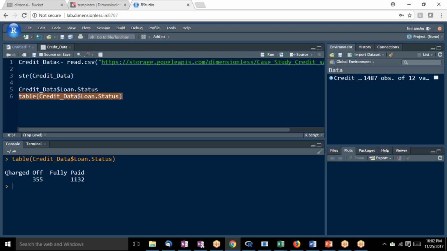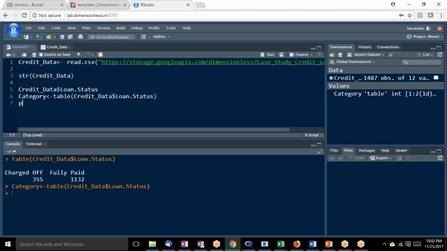Okay, clear. Now again, if I wanted to understand in terms of percentage, if I wanted to understand the proportion of the total data, what kind of analysis is there. Suppose I'm just taking this as category. Suppose this is what I've named the variable. Now if I want to understand more about this, there's a simple function, prop.table, and if I apply that on category now,